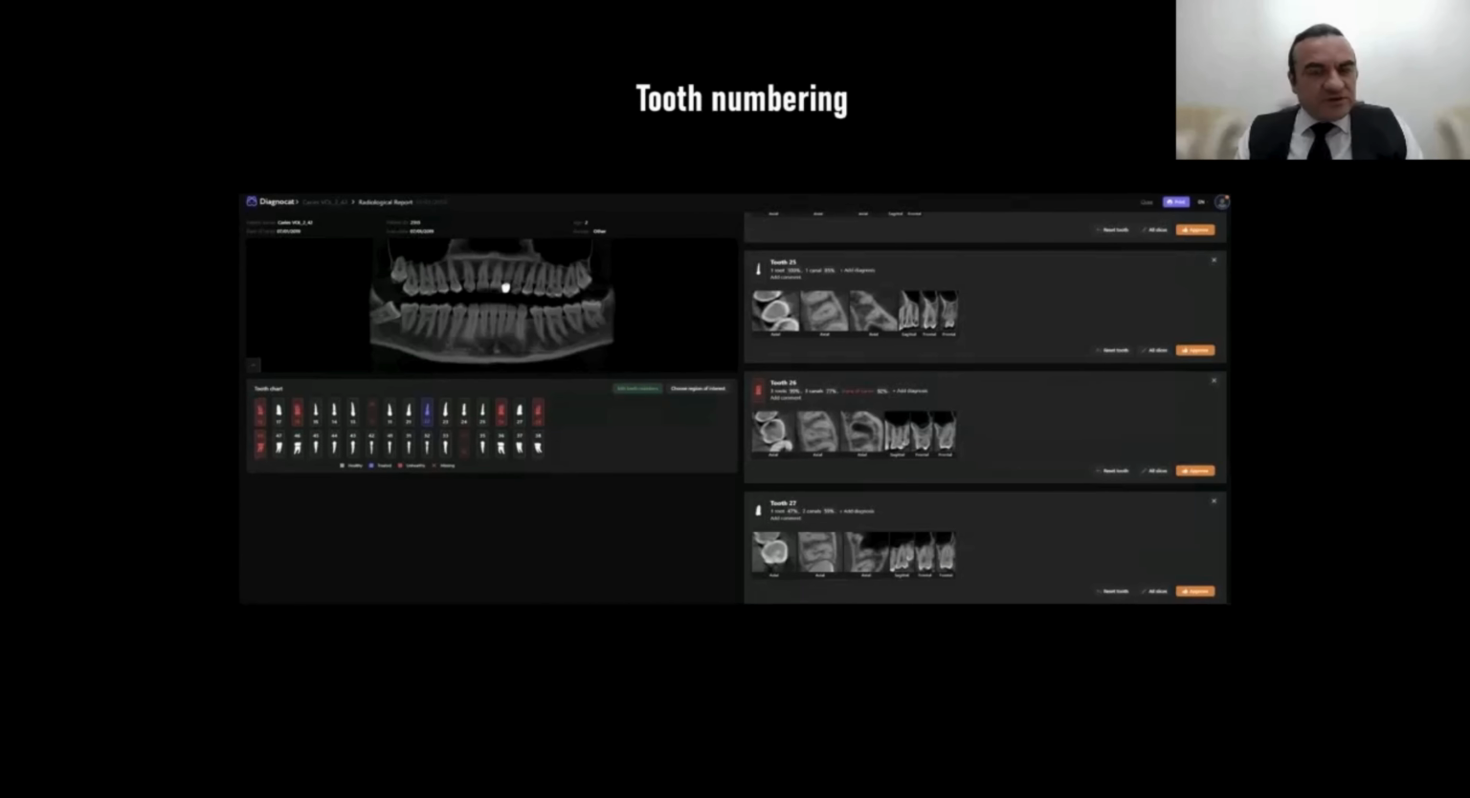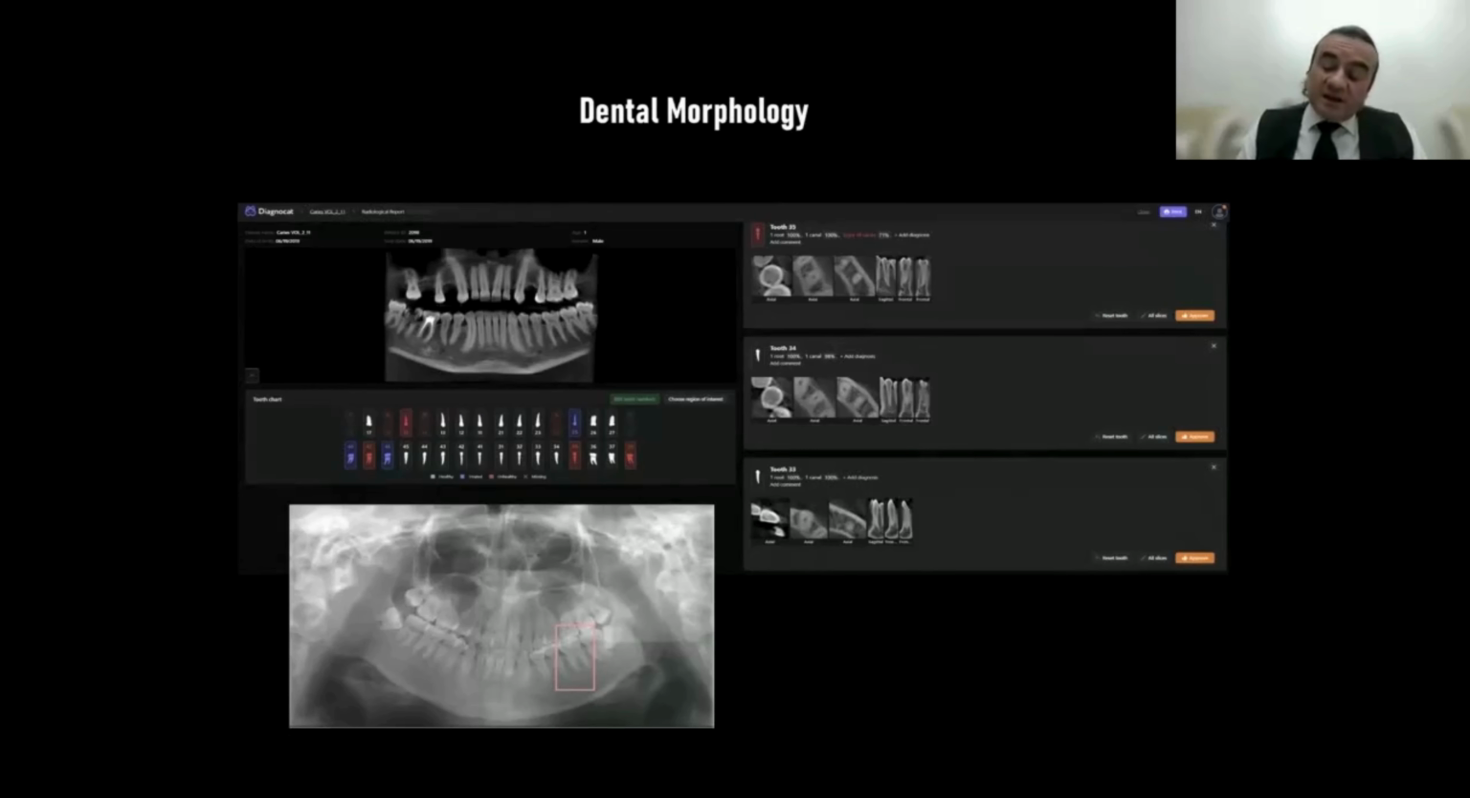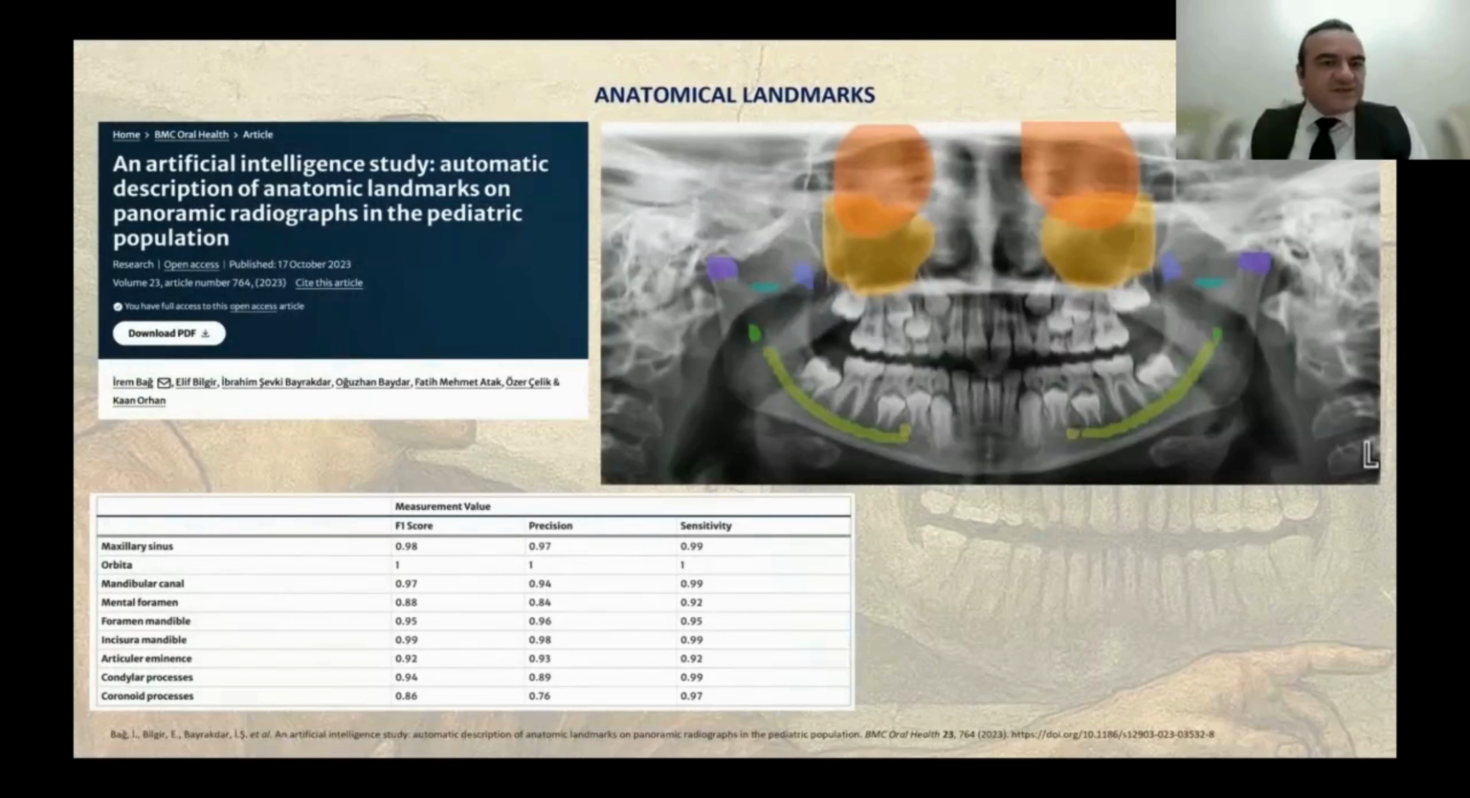Not just 2D modalities, but we have 3D CBCT volumes as well. Out of these 3D CBCT volumes, we can also extract the tooth numbering, and we can show the dental morphology from 2D and 3D images. In a recent study we did about 2 years ago with Cranial Catch, we were describing the anatomical landmarks on panoramic radiographs, especially in the pediatric population. As I already mentioned, it's not just the primary teeth,